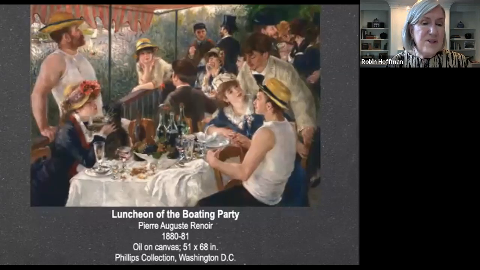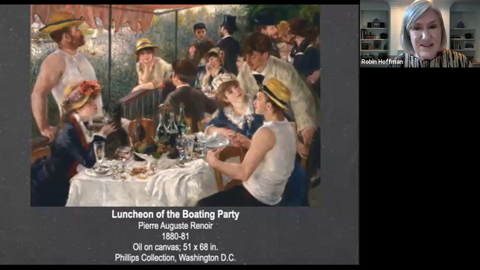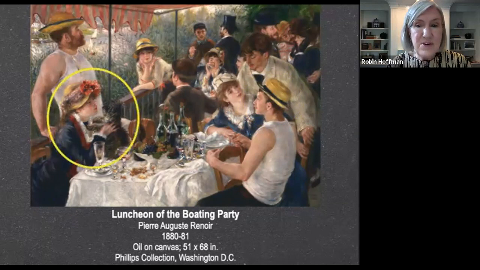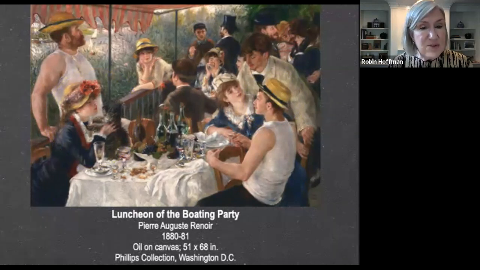Now, Renoir often showed fellow artists in his works. In this very famous work, and I'm sure you recognize it, Renoir gave prominence to his fellow artist Gustave Caillebotte, an avid boatman who painted many images of river sports. And he gazes across the table at a young woman who affectionately plays with her dog. She is Hélène Charigot, a 21-year-old seamstress Renoir had recently met and would later marry.